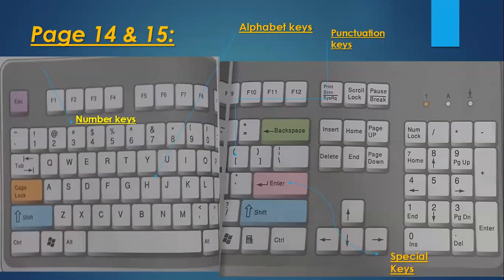Okay, now look at the keyboard clearly. Do you see the escape key here? Yes, it is present on the top left side of the keyboard. Here is the escape key. And what is the function of the escape key? You can easily cancel or stop anything you are doing on the computer. If you want to stop it, you will simply press the escape key. Is it clear?